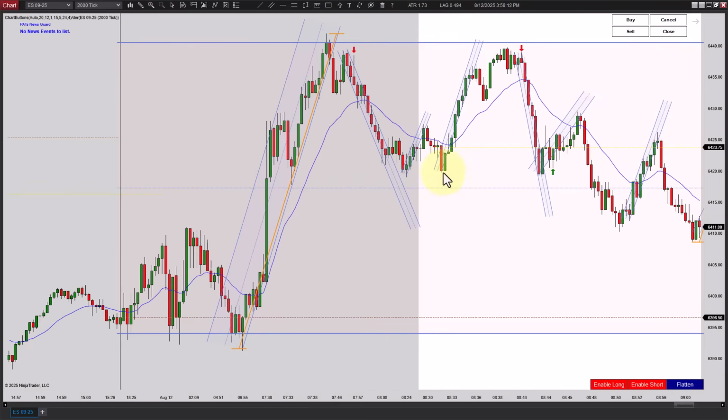And then you make a double bottom here, but I think you could argue there's a triple test there. But again, this is not your signal bar. This bar makes one tick lower, and this is an inside bar. With that being a triple test on a bottom, though, I wouldn't be afraid to take that second entry right there. So we'll just go ahead and give it a green one. But you've got to be careful with that because it's technically an inside bar,